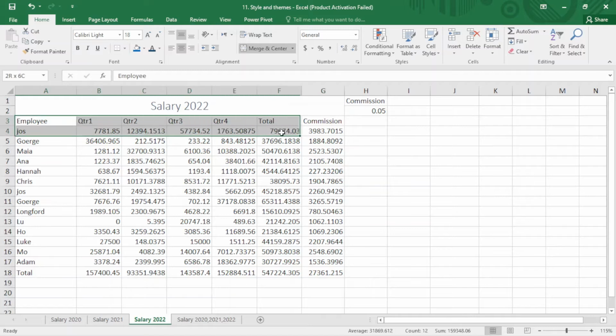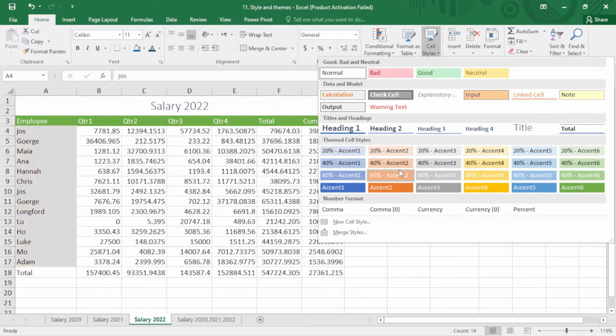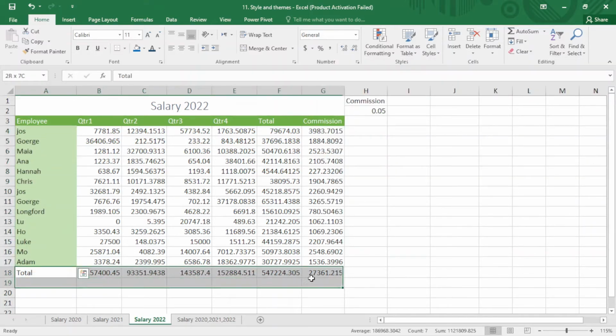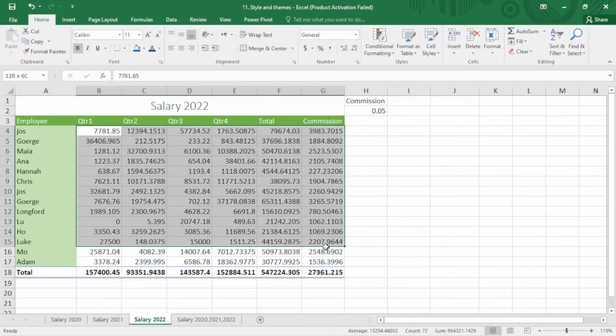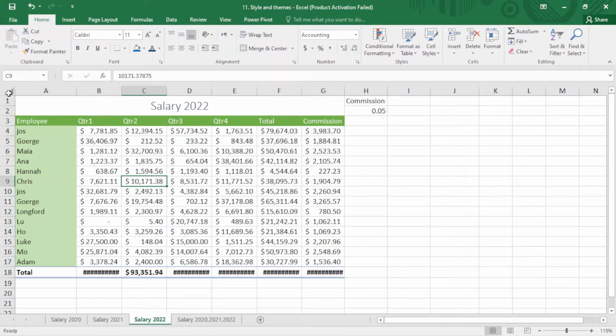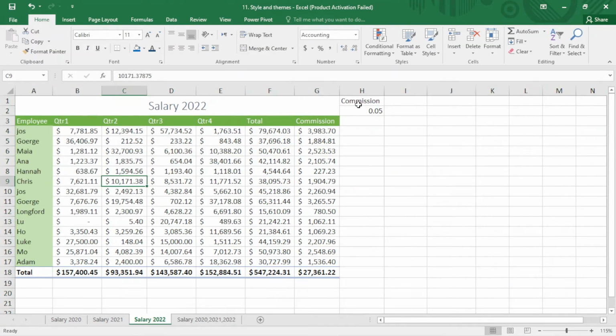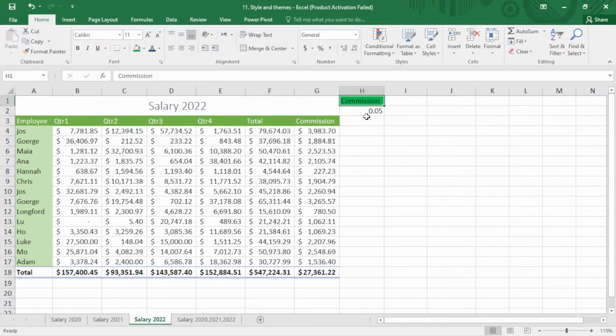So I select the heading, come here, this color, and these, and total. I select these and US dollar, commission. Here I choose this color, and I have